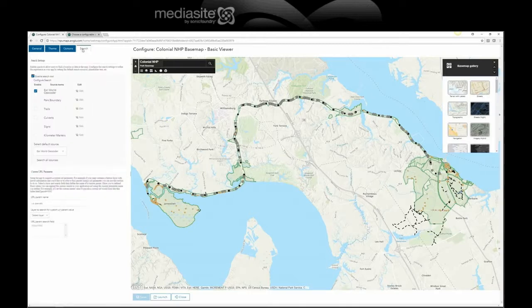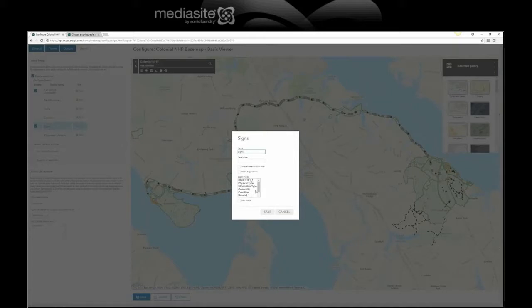You'll see a fourth tab here. This allows me to tell people how they can search. Now, this can get a little tricky. If I wanted to say signs, I could edit that, and I could put in material or condition. Now, part of what we've got here is you can pick that, and let's say